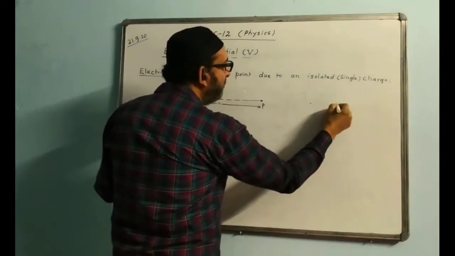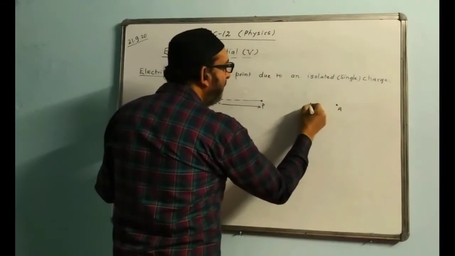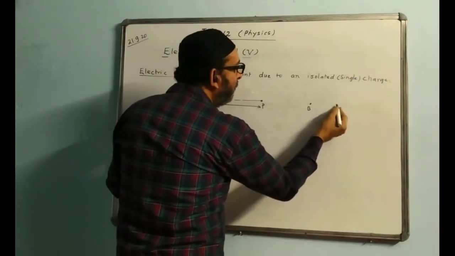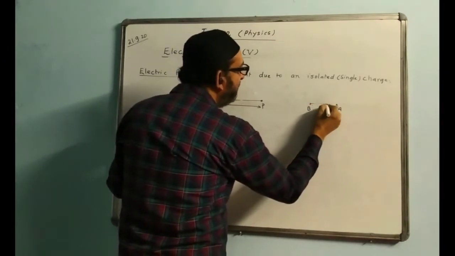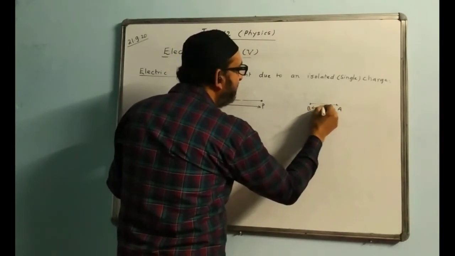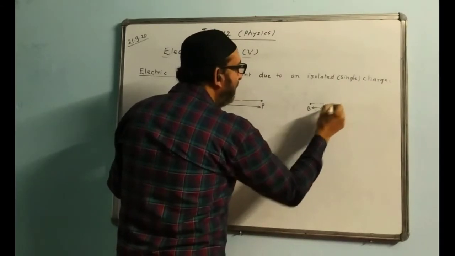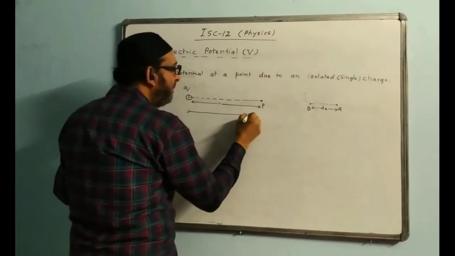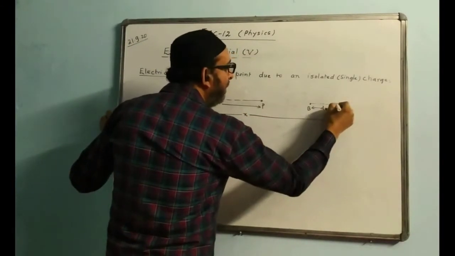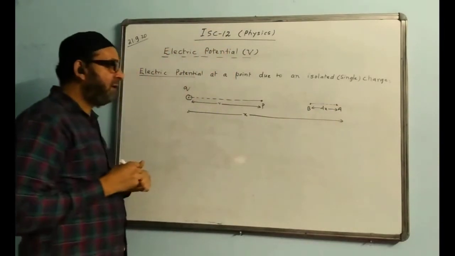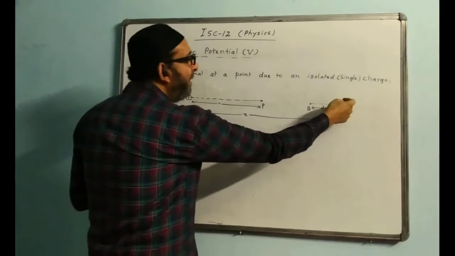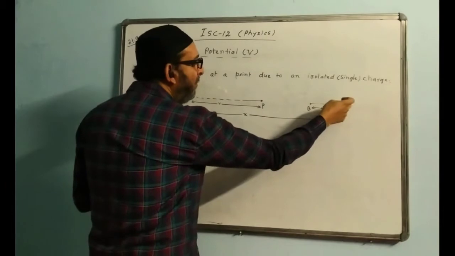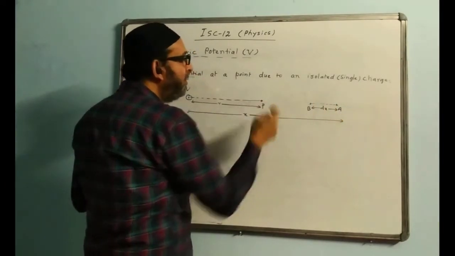Here we show 2 points. One point will be A, another point will be B. And we are moving a test charge from here to here. First we are generalizing it. This small distance I take as dx, and from here the entire distance will be x. This distance is variable. As you move, the distance will keep changing. The distance dx will keep on changing. This x also will keep on changing. From here we are moving till we bring it to the point P.